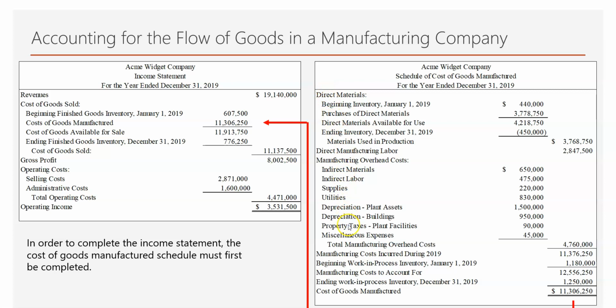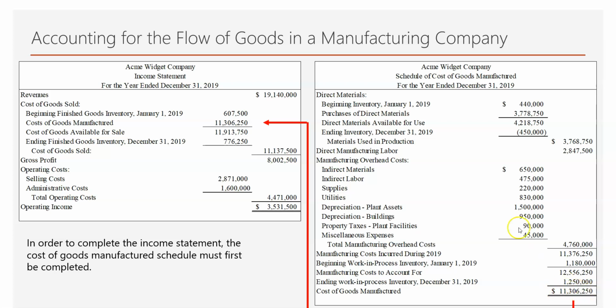Add to that material costs incurred, but the structure is going to be the same. We're going to add manufacturing costs incurred to our beginning inventory to come up with manufacturing costs to account for. And out of all those costs to account for, if I only have 1.25 million left in ending work in process inventory, then my cost of goods completed and transferred out to finished goods, in other words, cost of goods manufactured,